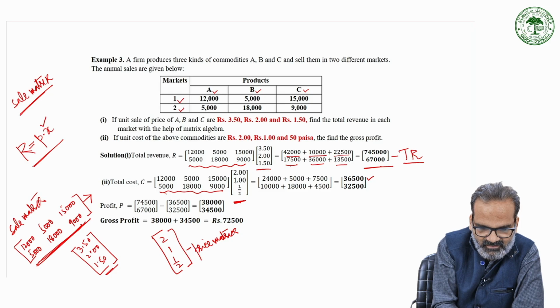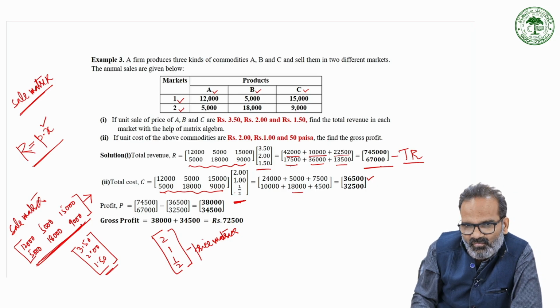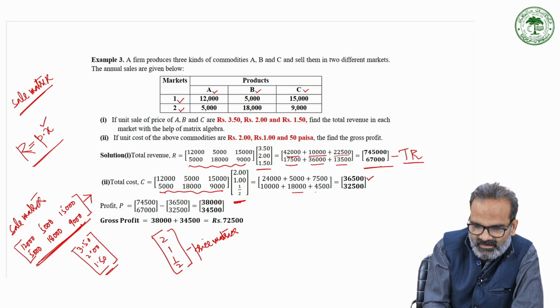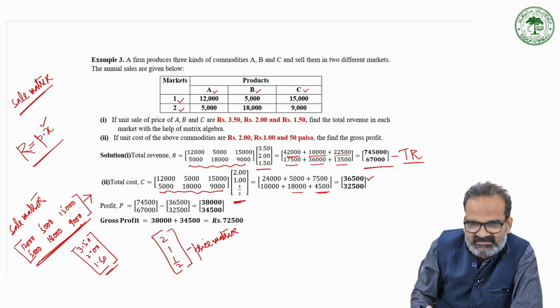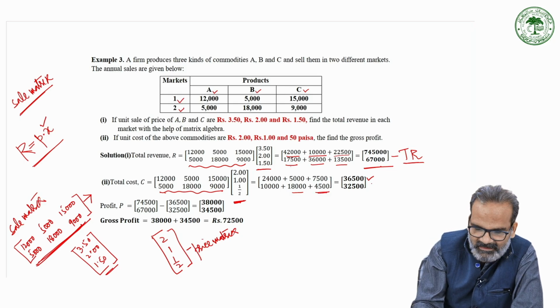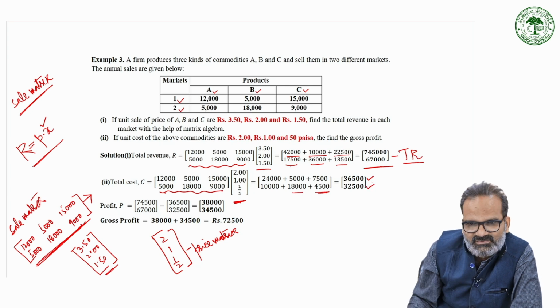Now take the second row: 5,000 into 2, that is 10,000; 18,000 into 1, that is 18,000; 9,000 into 1 upon 2, you will get 4,500. Sum up all these numbers, and the total cost incurred in these two markets 1 and 2 will be